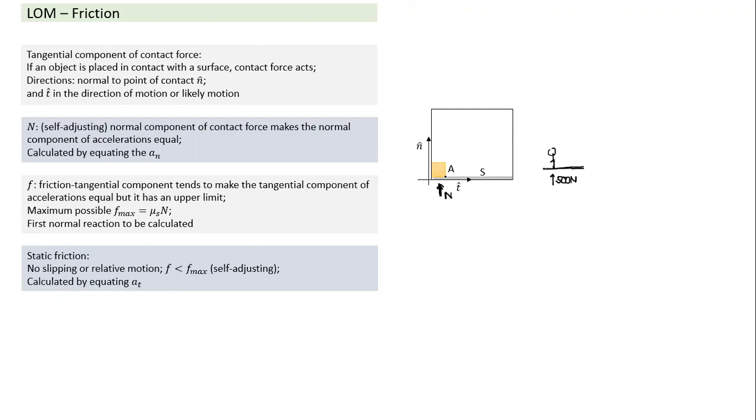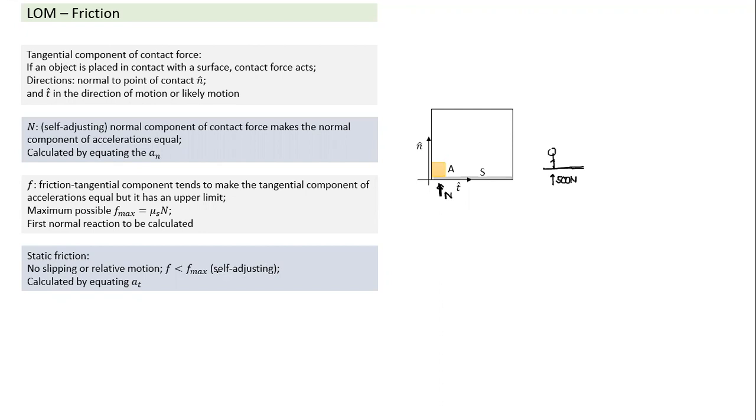Tangential velocity: if the surface is moving, block A also is moving at the same velocity. If the surface is at rest, block A also is at rest. If both have equal velocity in the tangential direction, that's called no slipping. And when there's no relative motion, if there's no slipping, in that case the friction force is called static friction. And if no slipping, it means the friction has not necessarily been working to its full limit. The friction is less than the maximum friction force.